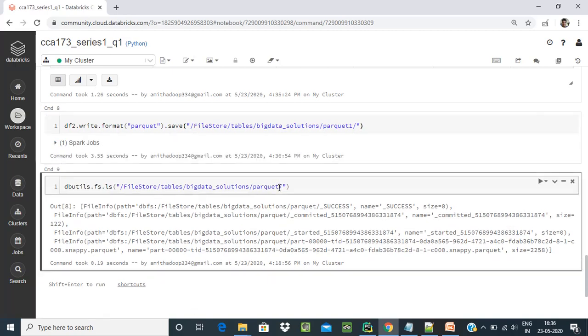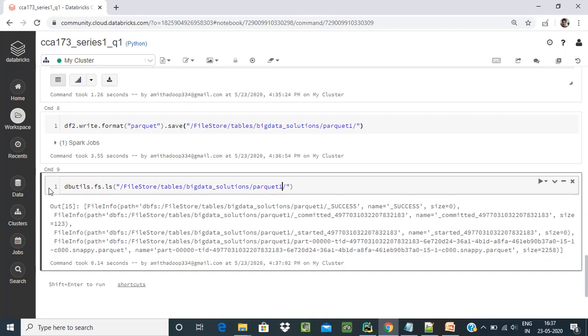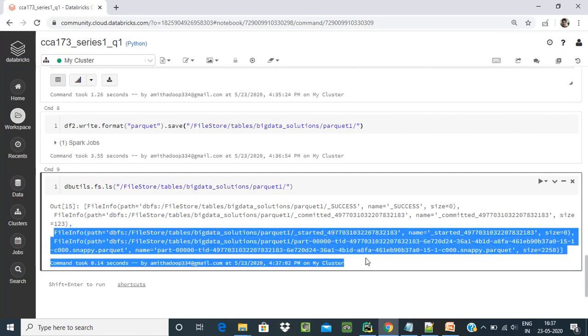Now you want to check whether the data is written at the location. The dbutils.fs.ls in the notebook gives the location like this. I'm giving the bucket1 location, and the files are written over there.